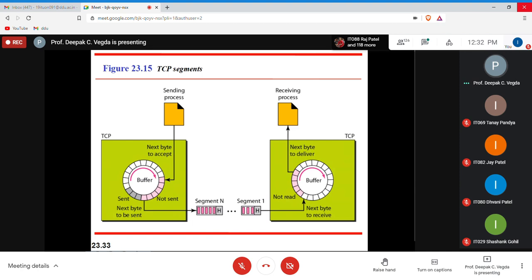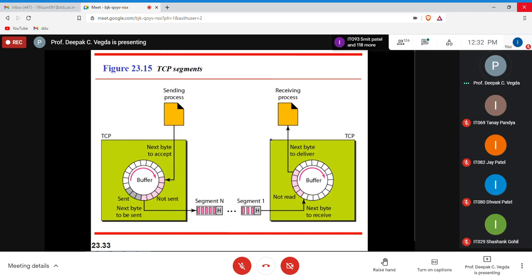A segment consists of a number of bytes. Rather than transmitting every byte individually, you will have a segment, and the segment consists of a number of bytes within it. So it may be the case that you have a larger packet, and you create a number of segments and transmit them to your receiver.